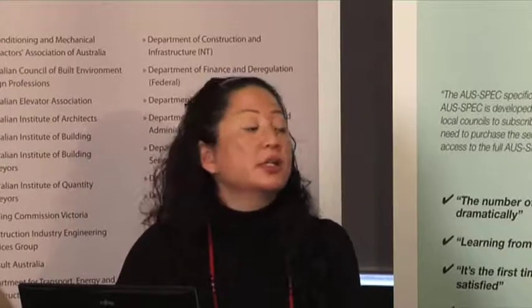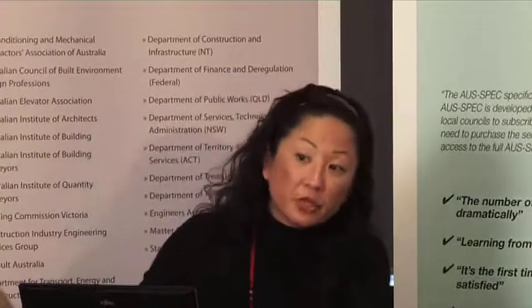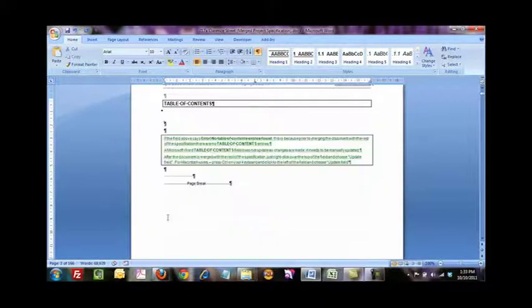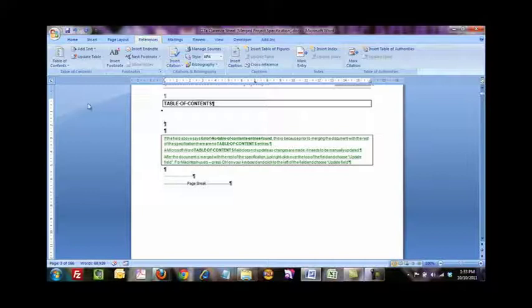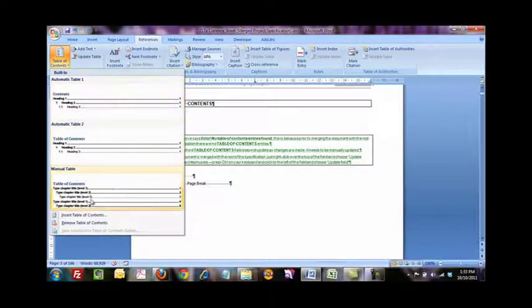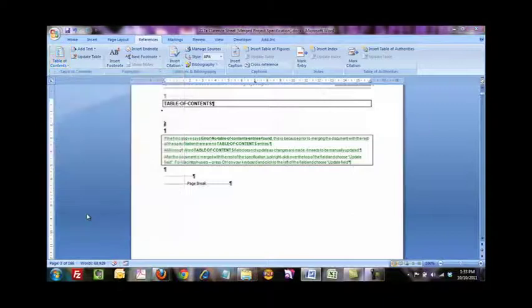If you decide to use your own cover sheet, for example, and you haven't got a table of contents, if I just delete that, it's very, very easy to insert your own. Just put your cursor wherever you want that table of contents to be inserted. In Word 2007 and 2010, under references, the very first button there is a table of contents button. If I just click on that and say insert table of contents,